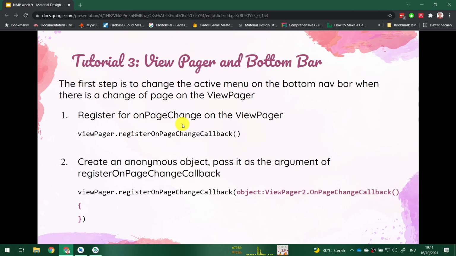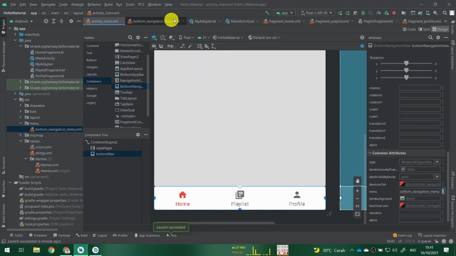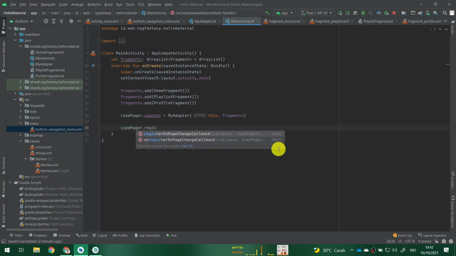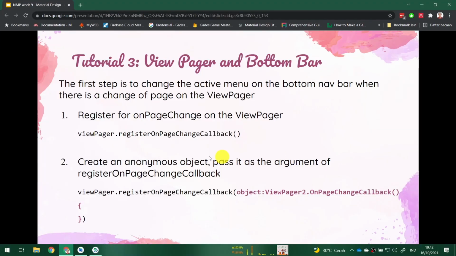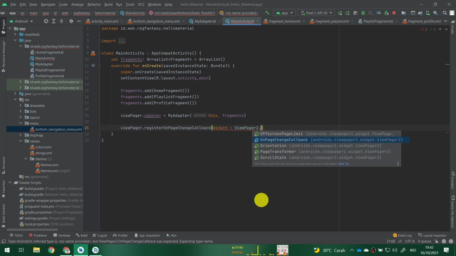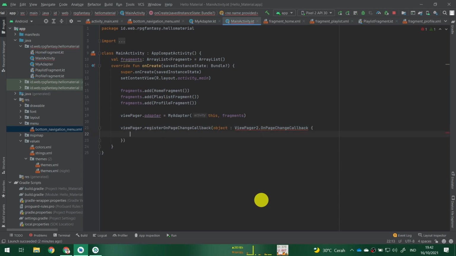First, we register for an on-page change on the view pager. We will do it in the main activity. Over here, viewPager.registerOnPageChangeCallback. Now the content is actually an anonymous object. Just follow the convention to create an anonymous object like this. Object colon, the type is ViewPager2.OnPageChangeCallback. Just import it first. Then provide curly braces, and we must implement